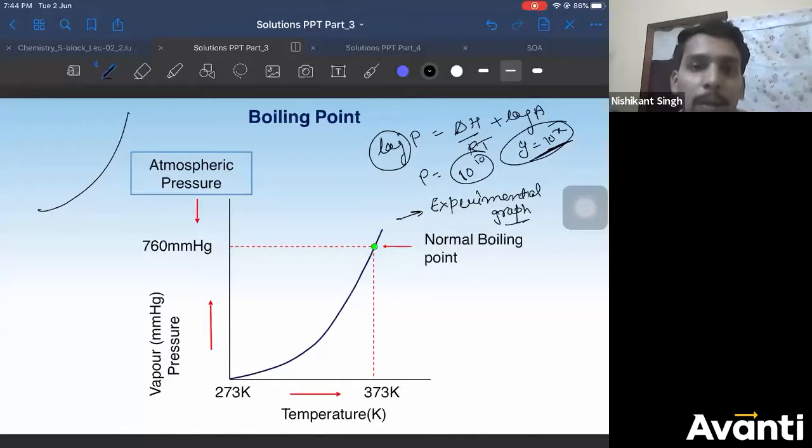When there is a rise in vapor pressure, then the rise in vapor pressure is directly proportional to delta T. Yes, correct. You are 100% right, Abhishek. Was it minus delta H? I was not sure about the sign. That's why I did not say. It was minus delta H. Chalo.